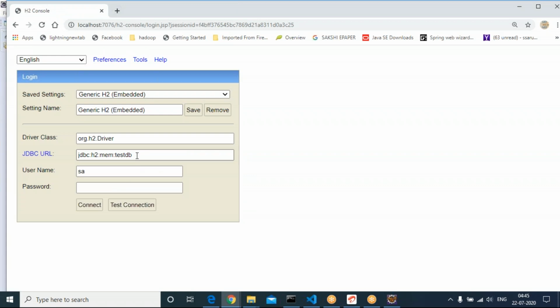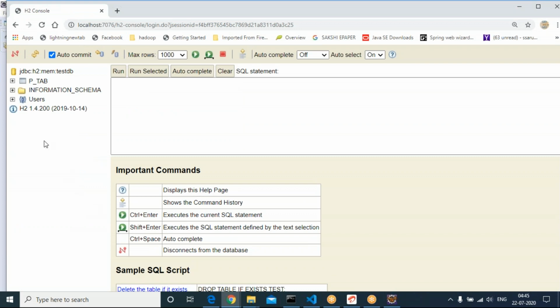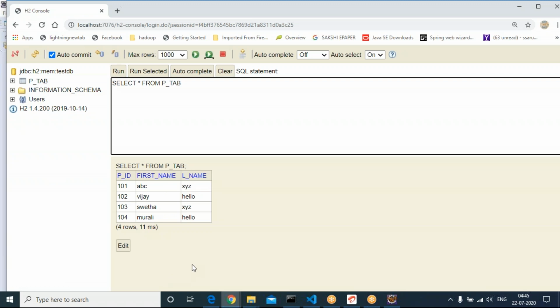Verify the JDBC URL. Only the first time you need to modify it, not again and again. Click on connect. You can see, click on run. Totally 4 records.